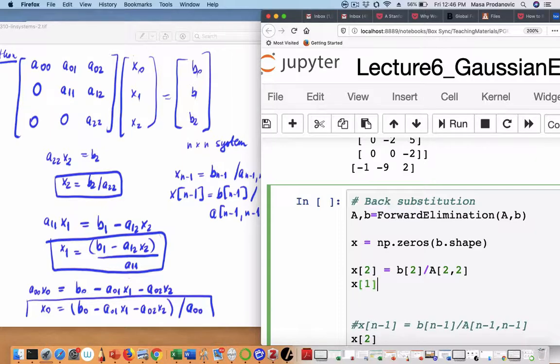Then my x of 1 is b of 1 minus a of 1, 2 times x of 2 that I just computed just before that, and all of that divided by